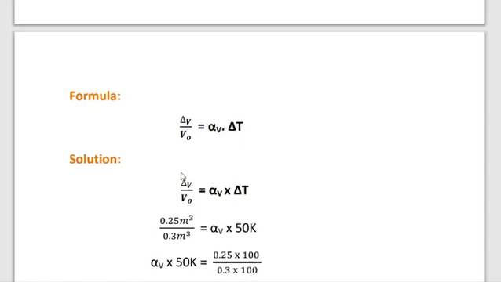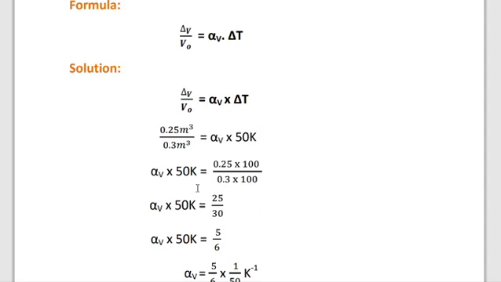So here del V is change in volume. Volume la evlo changes irukku. So how to calculate? Final value minus initial value is equal to del V. Then Vo is the original volume. Then delta T is equal to change in temperature. Change in temperature means final temperature minus initial temperature. So we want to calculate alpha V. Alpha V is the coefficient of cubical expansion.